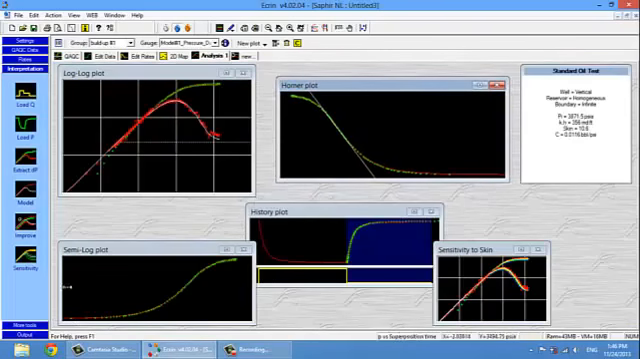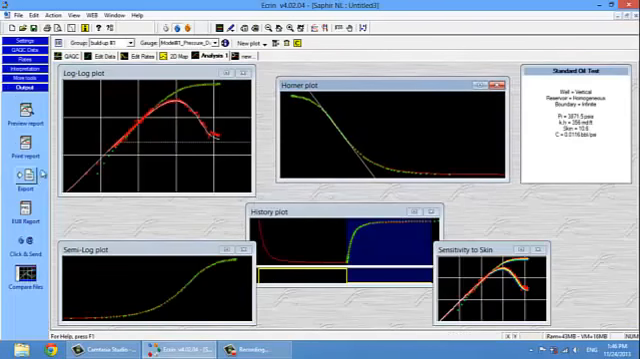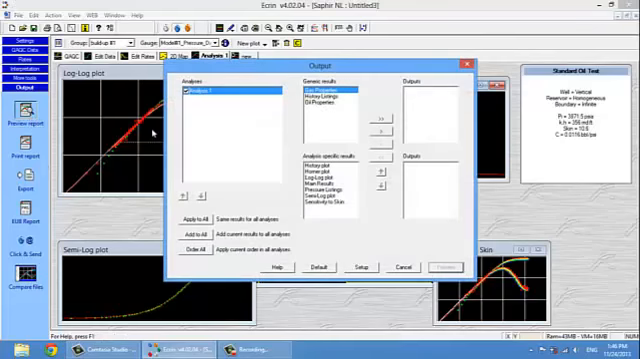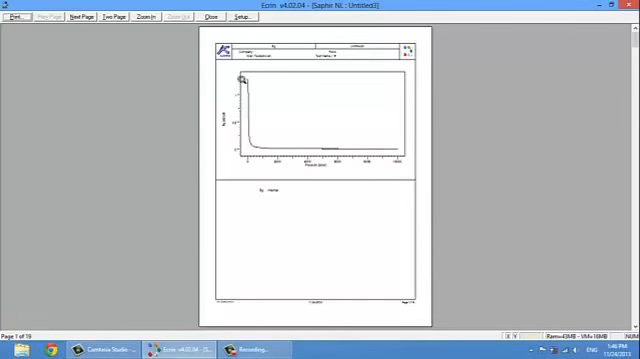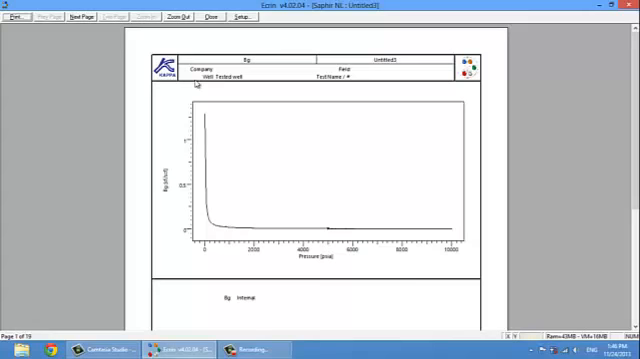The output of the program is the report. When I press view report, it gives me the results and the output. I can pick the results or insert them in the report one by one by clicking like that, and I can insert all the results in the output, and when I click preview, it will give me a report of all the data. Here is the gas